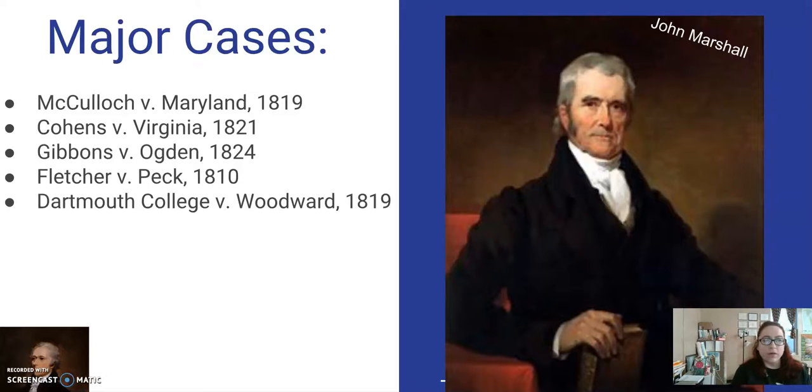Very different political philosophies. So throughout this period of time, Marshall is working to increase the power of the federal government from the bench. So he is working as a Supreme Court justice, right, fulfilling what he says is the duty of the court to interpret the Constitution based on the cases that they see. And just about every time a case comes before him that puts states' powers versus federal government powers, Marshall tended to side with the federal government. And that's just part of his philosophy of how the United States should operate.